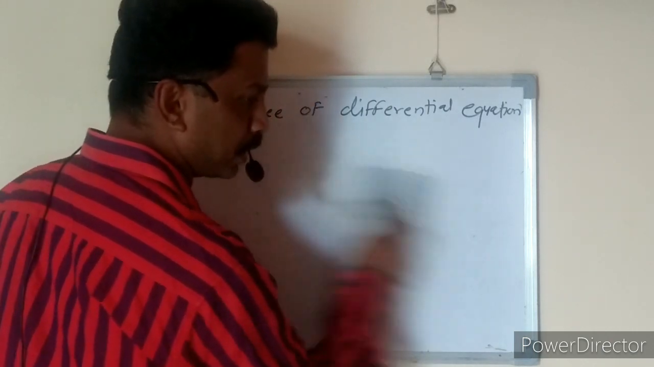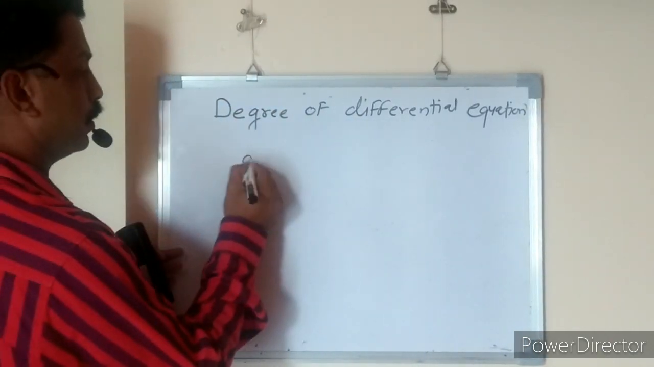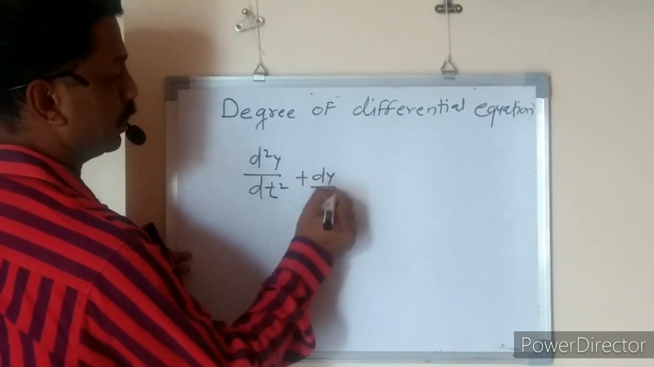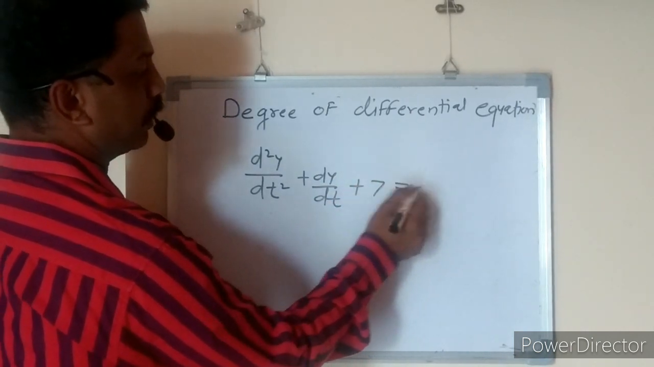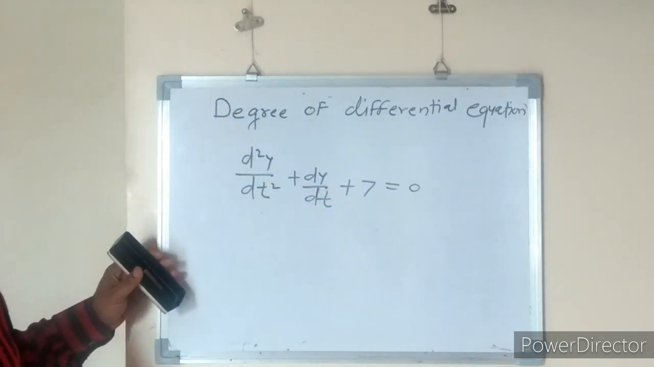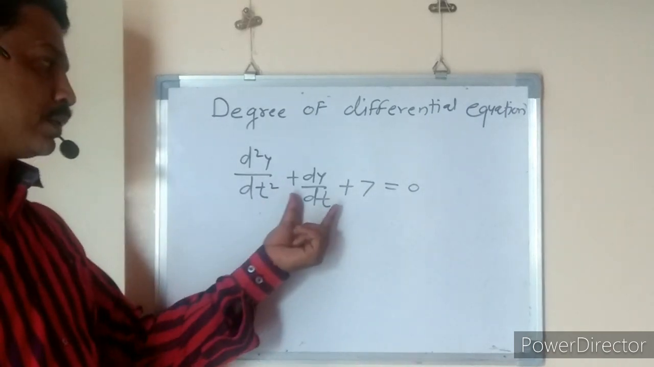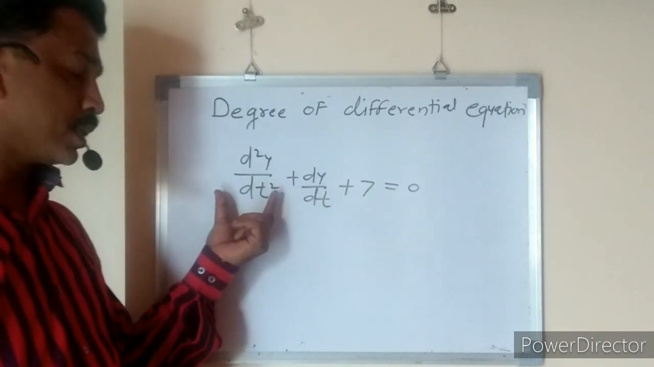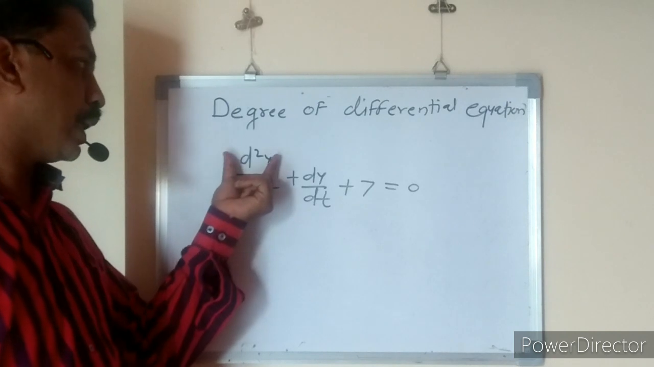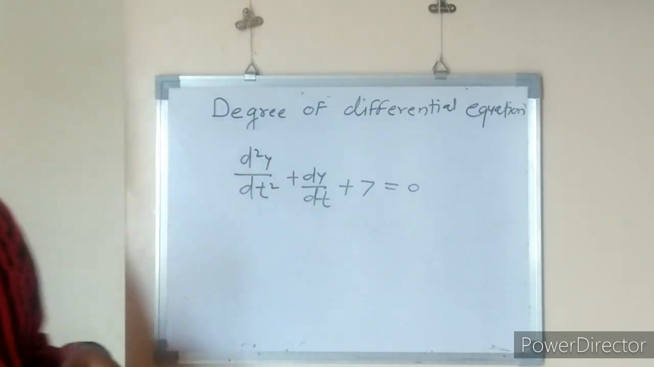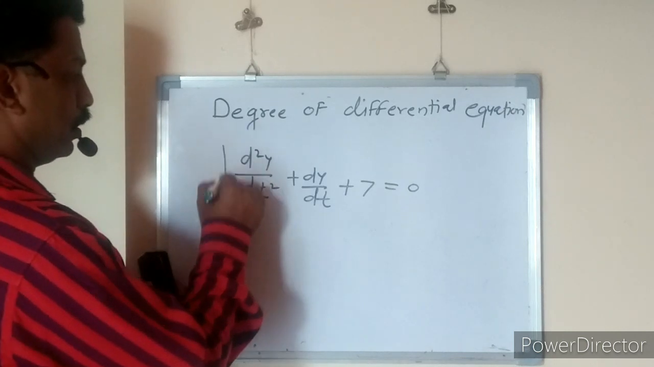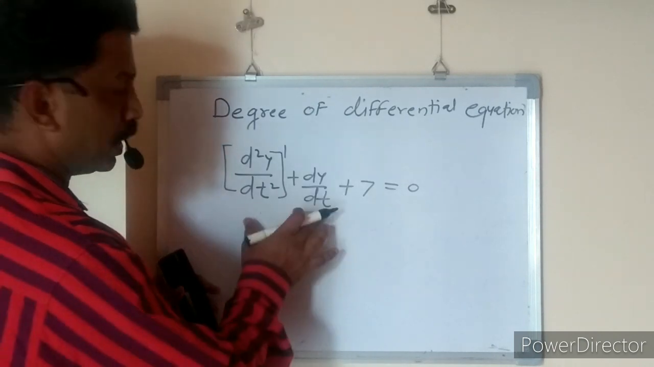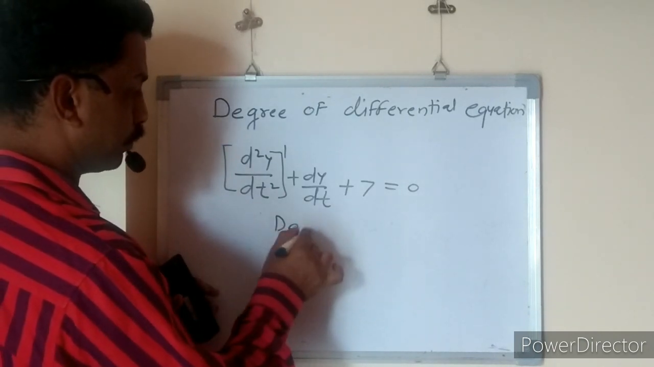Now we take another example: d2y/dt² + dy/dt + 7 = 0. In this equation also, two derivatives are there, dy/dt and d2y/dt². What is the power of the highest derivative? The highest derivative is d2y/dt², and its power is 1. The power of this highest order derivative is 1. Therefore the degree of this equation